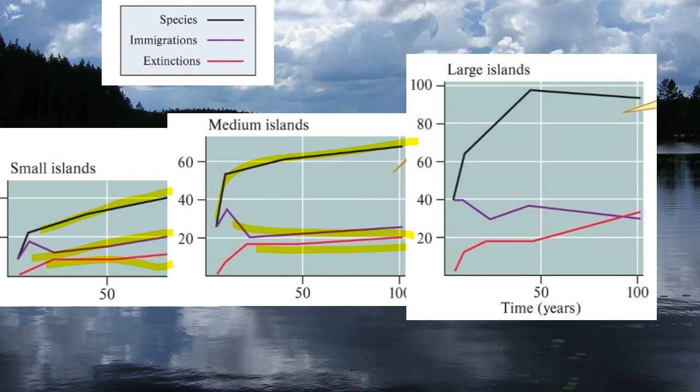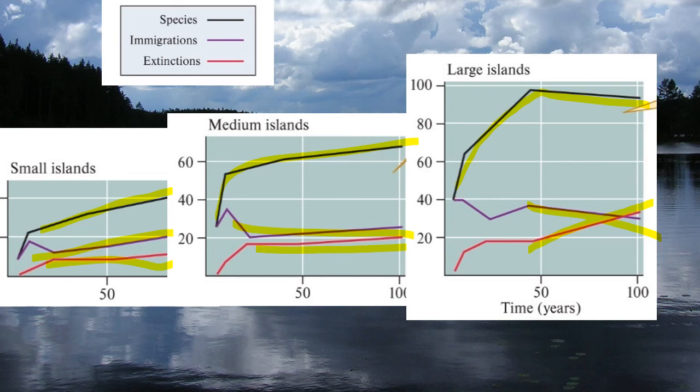And the large islands, they seem to have quickly got a lot of species on them, and then they've started to drop off, which means there's probably competition going on, and we can see these extinctions going on. We also see the extinction and the immigration lines are crossing one another here. So we have the extinction line going up and the immigration line going down, so you may have an